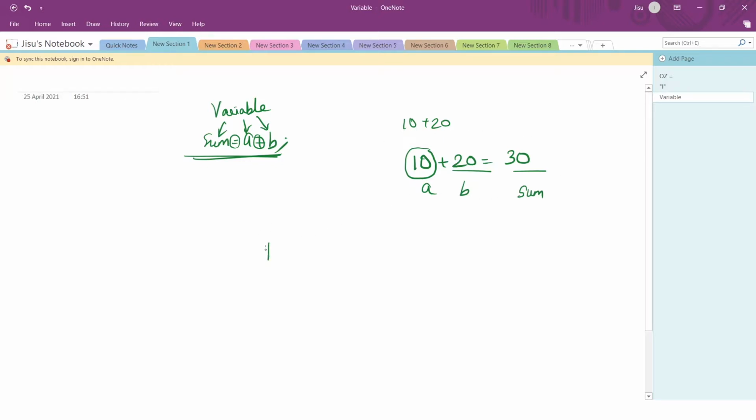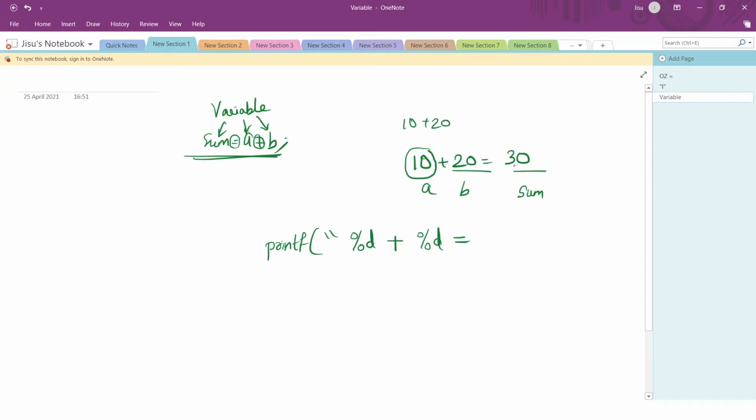So how can I write the command? Printf, you open double quotes, then this is the value to be printed. There you use the format specifier %d, plus should be printed like that. So plus you give, again the b value should be printed, again %d, equal should be printed just like that.